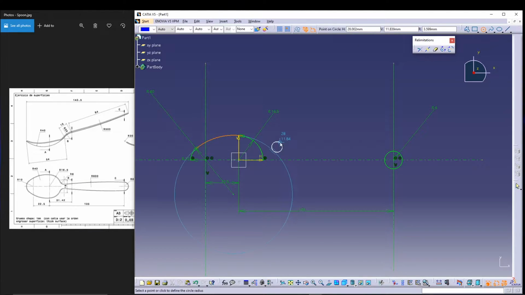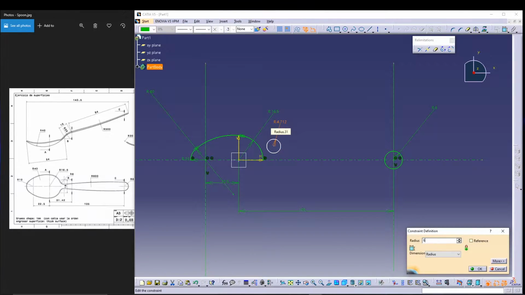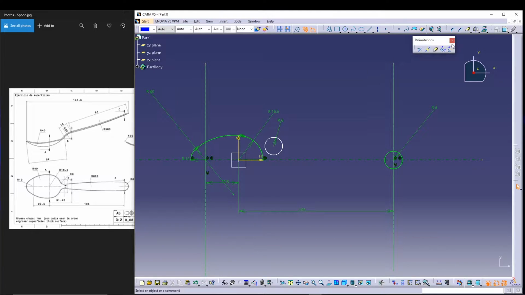Let's go for an arc. Whenever you are doing sketches, make sure it's not getting constrained by any other part of the sketch. It should be independent. Then this distance should be 18 between the arc centers, so that means this is 9. These and these are